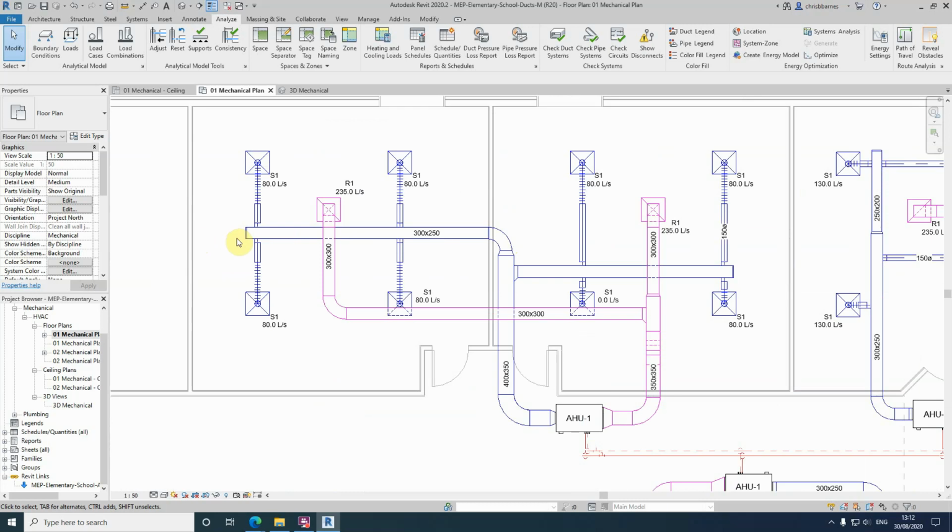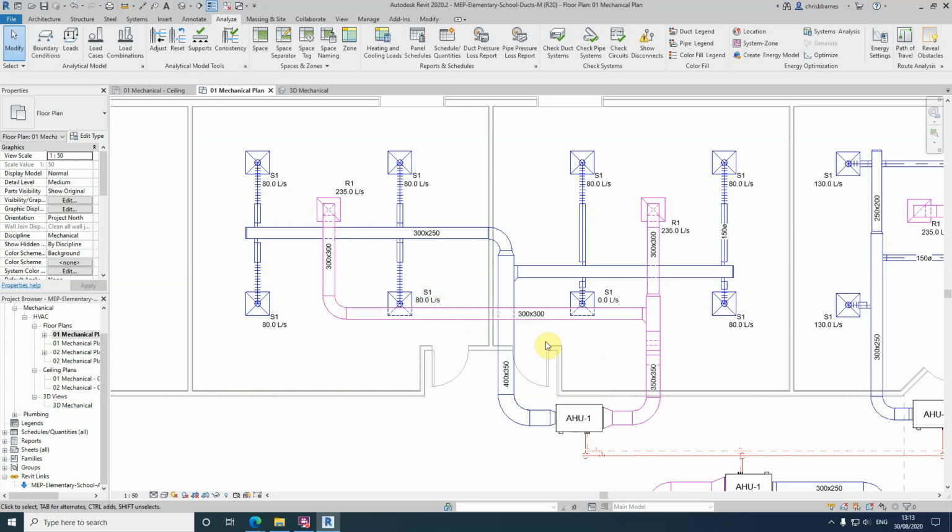Another feature is duct and pipe sizing. It's easiest to draw your ducts and pipes using the default sizes provided by the opening sizes of the equipment, or preset in the mechanical settings. However, these sizes are often incorrect for the system being used. The duct pipe sizing tool uses specified sizing methods and constraints to determine how to correctly size the pipes or ducts,